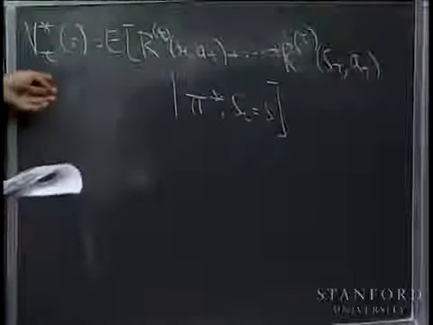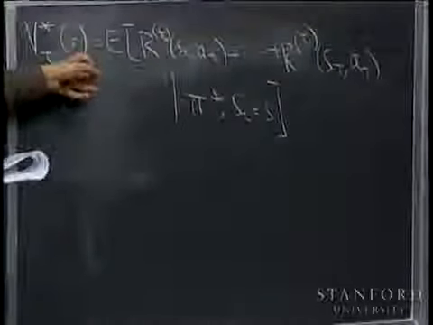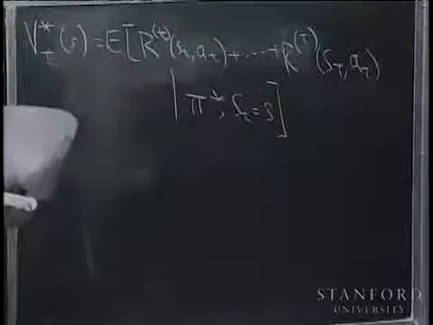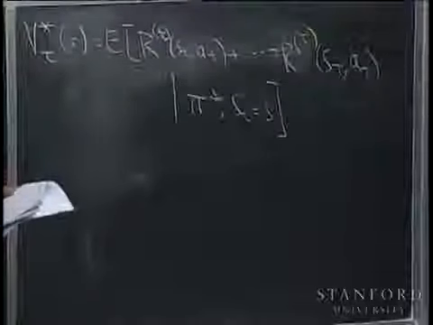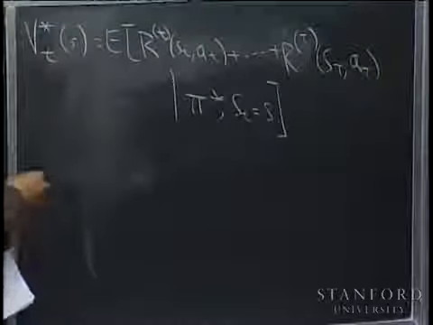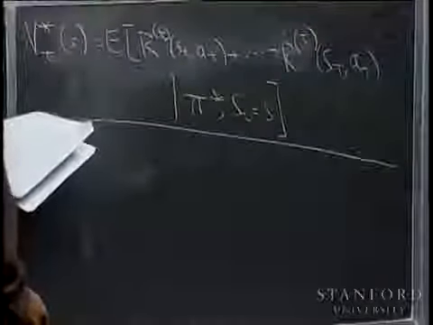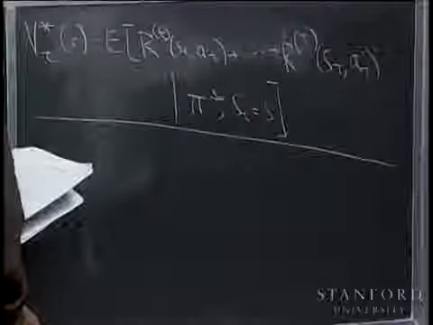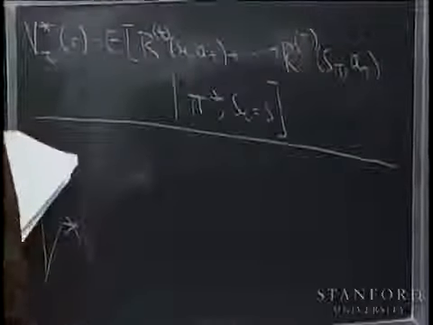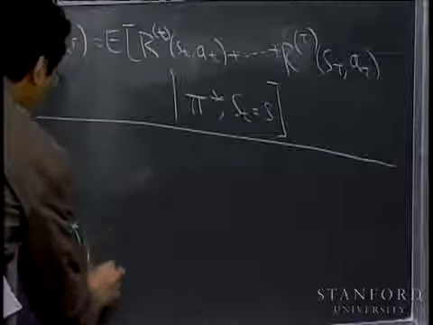And just stated in English again, this is your optimal expected total payoff if you start your system in a state S, and if the clock is already at time lowercase t. So it turns out you can write out value iteration. You can write out Bellman's equations as well, but let me just write out the value iteration algorithm for this. So it turns out you can compute the optimal value function for the MDP using the following recursion, which is very similar to what we had for value iteration.